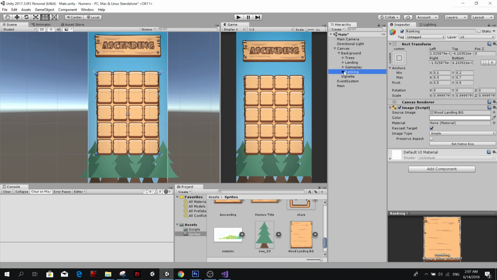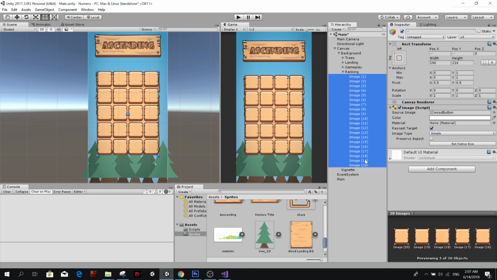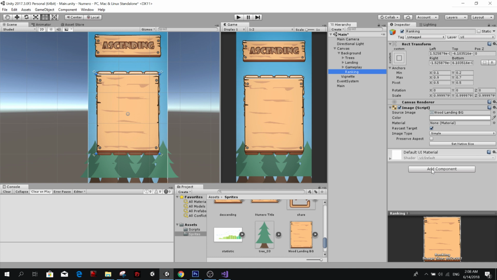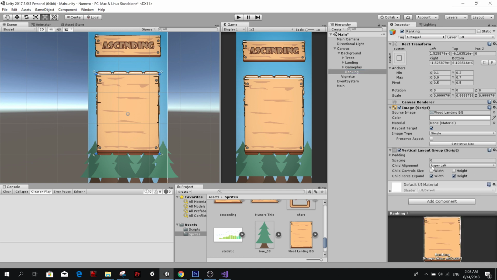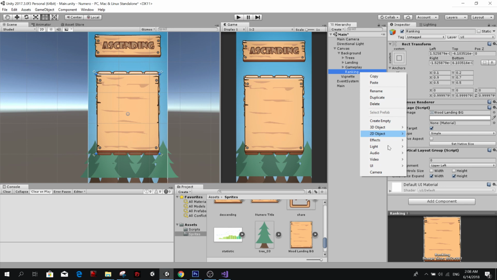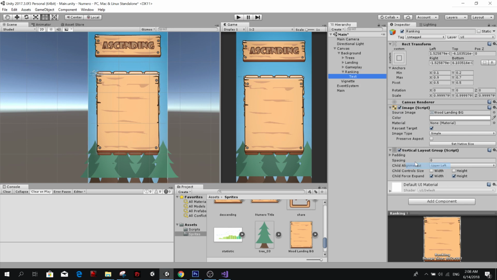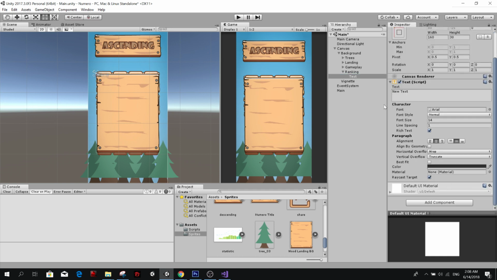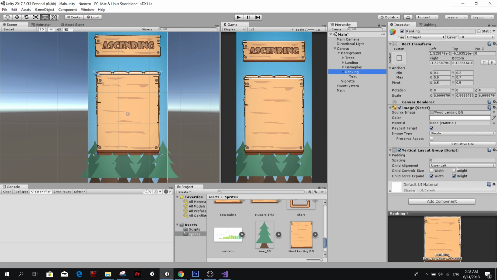And of course we don't need all the buttons inside. Goodbye. So here we'll have a ranking with names. Maybe top 10, or you can scroll, whatever you like. So I'm just going to add a vertical layout group, just because I'm too lazy to do it myself. So that's why we have those kind of scripts. I'm going to align it here, there, and there, and this is going to be upper center here.